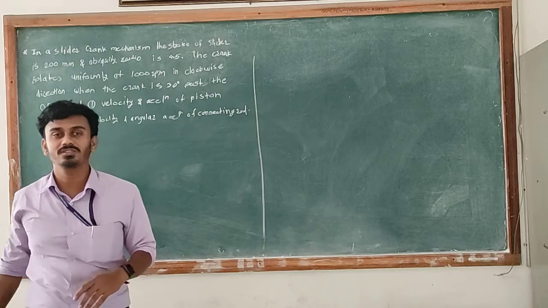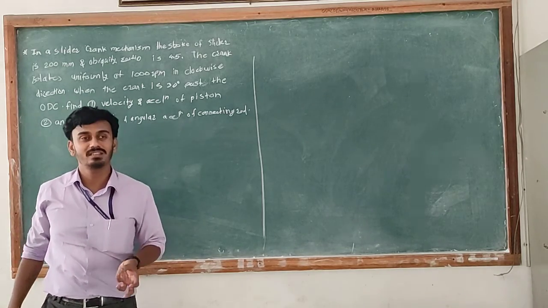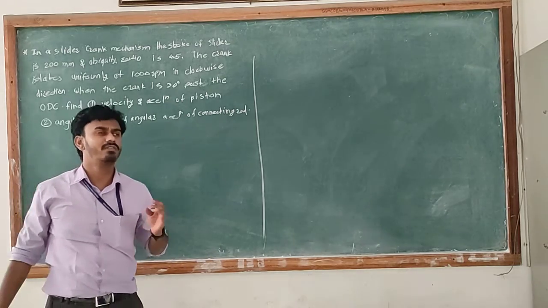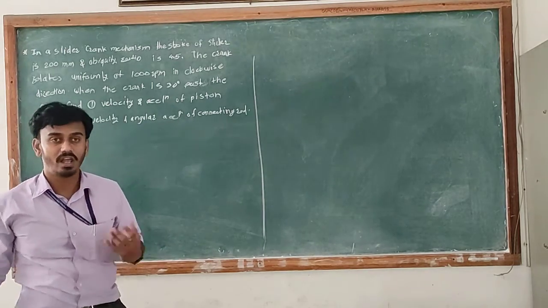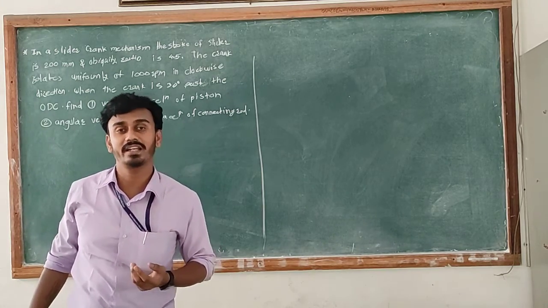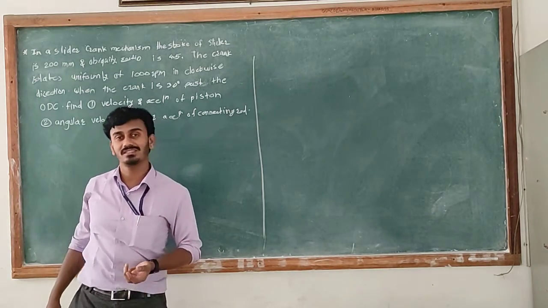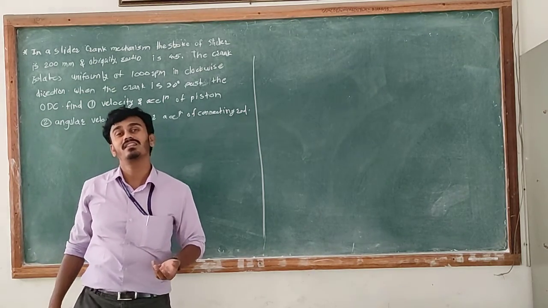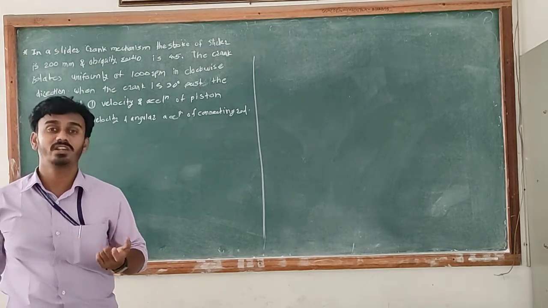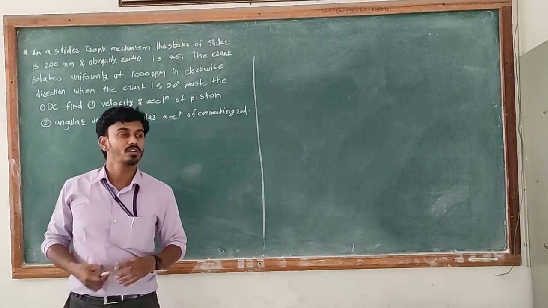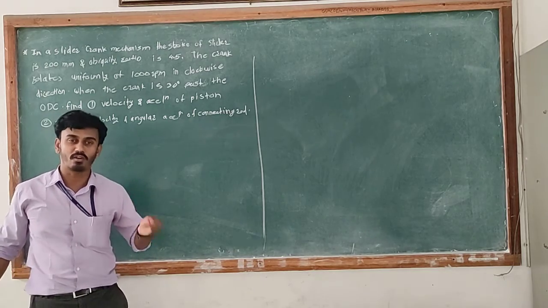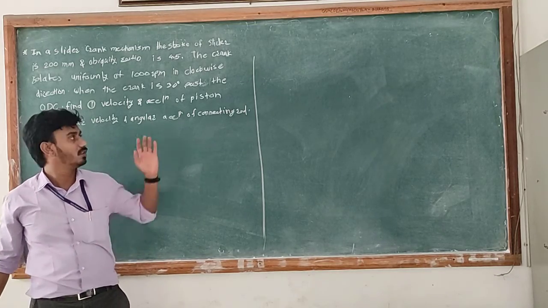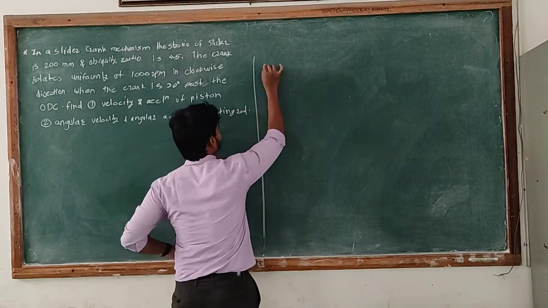In the last session we derived some equations to find the velocity, displacement and acceleration of the piston. Then we found the angular velocity and angular acceleration of the connecting rod, in which we discussed two conditions: first, when the velocity of the crank is uniform, and second, when the velocity of the crank is not uniform. So we will write down the formulas we require to solve the numericals, and then we will start solving them.